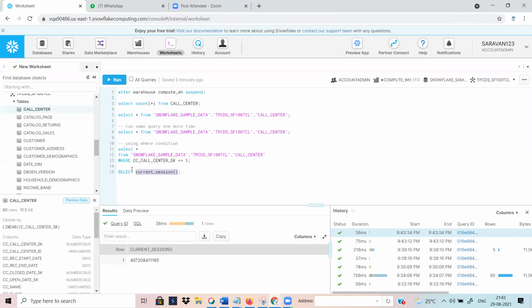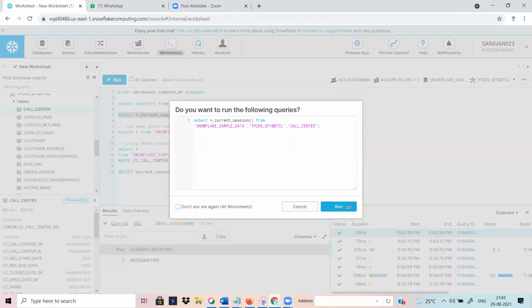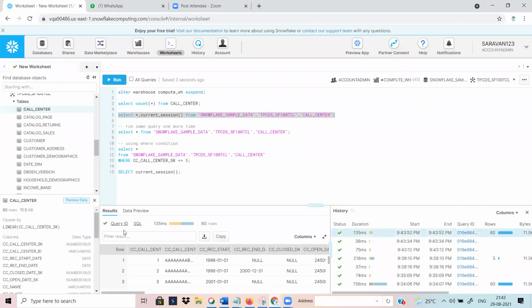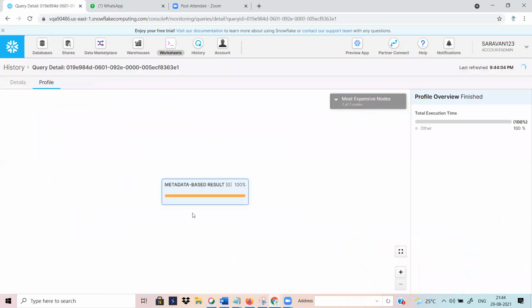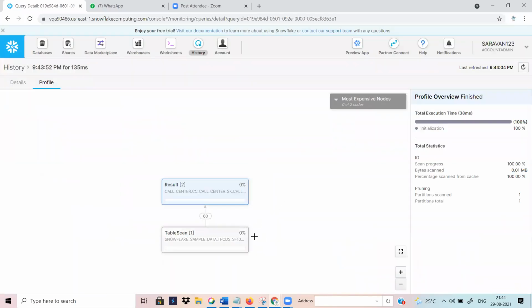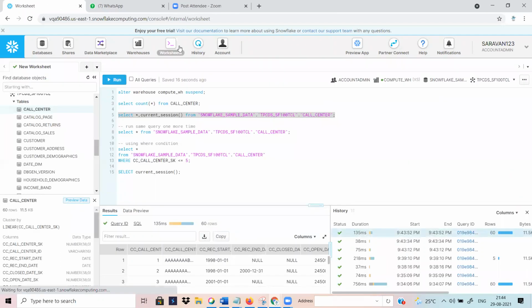So what happened here? You are passing this query, comma, metadata here. You are adding this dynamic column. You can see that your query syntax is different, right? So what happened here? Then it will go for a table scan and then it will go to the result. Okay, again I am running that.